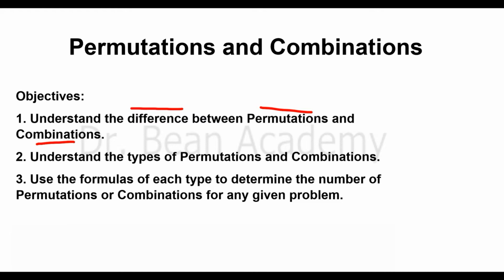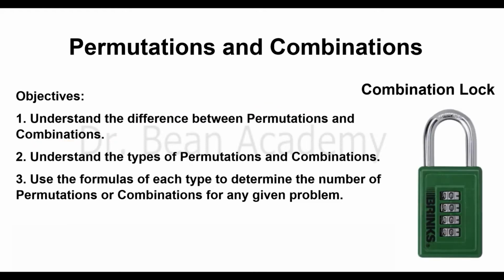In daily life, we commonly use the word combination. For example, a combination lock. A combination lock is a lock where we can set a code to open the lock by arranging different numbers of digits on it. However, I will tell you today that the name of this lock should be a permutation lock, because the arrangement of digits on this lock is not a combination, it is a permutation.